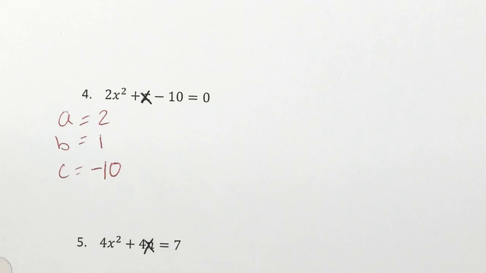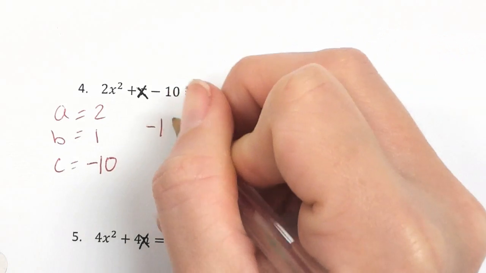Diego, go ahead. Negative b plus or minus the square root of a squared. Nope. Heidi, go ahead. Negative b plus or minus the square root of b squared for a. Nope. Mackie. Negative b plus or minus the square root of b squared minus 4ac over 2a. Good. So right here, negative b would be negative 1 plus or minus the square root